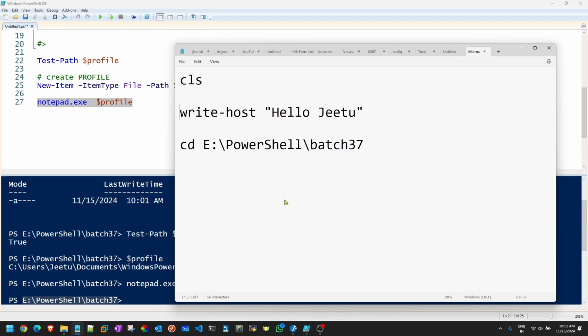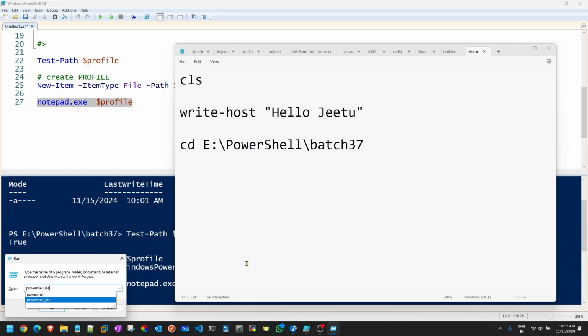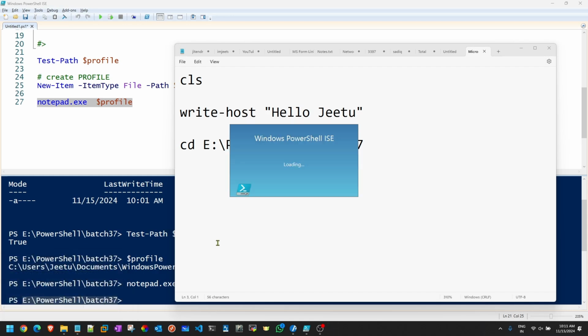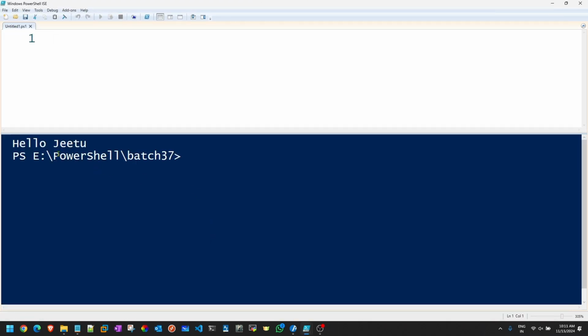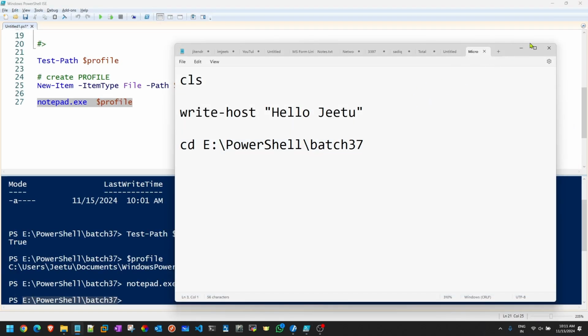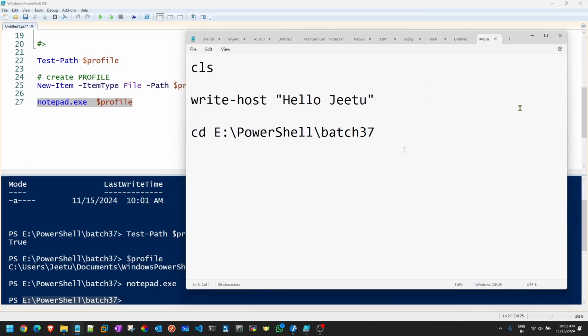I don't have to do the same thing again and again manually. Just save it and now open PowerShell ISE. So here you can see it is showing hello G and it is switched automatically. Got it now? That is a simple thing that can be done with the help of $profile.